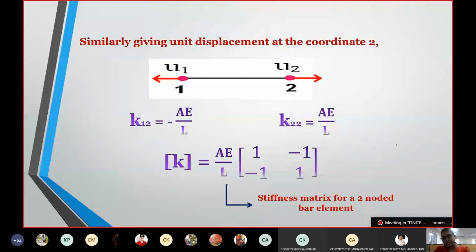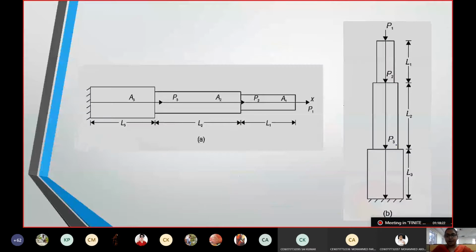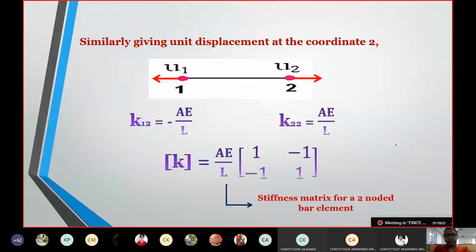All right. One topic is done here. Next, when I showed the bar element, because we are asked to find the stiffness matrix for a two-noded bar element, I have taken this into consideration. Now, when you know the value for a two-noded bar element, if any number of nodes are attached to this,